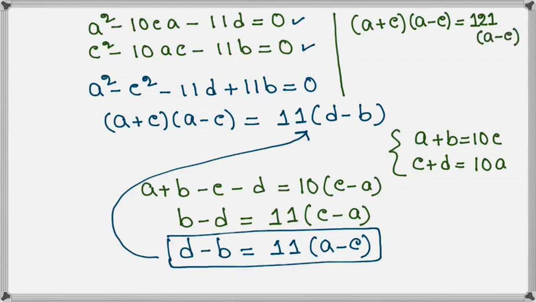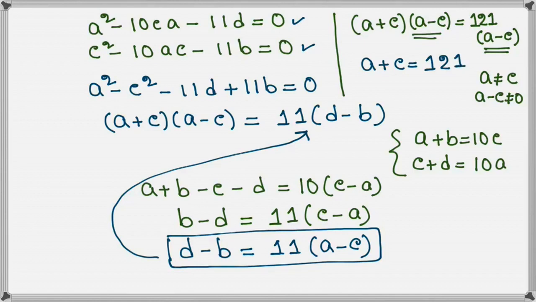Now we can cancel a minus c from both sides because a, b, c and d are all 4 distinct numbers. So a is not equal to c and therefore a minus c is not equal to 0. So we get from here that a plus c is equal to